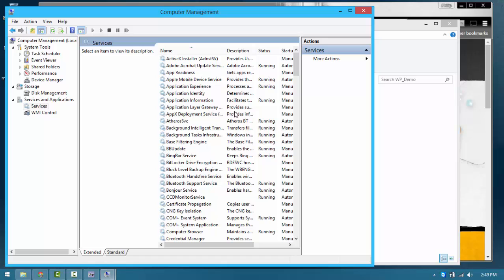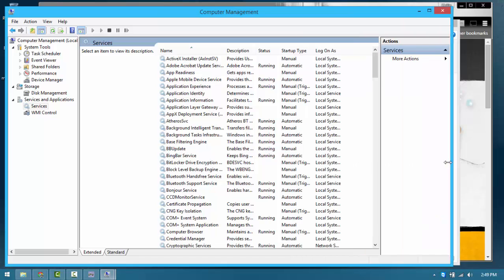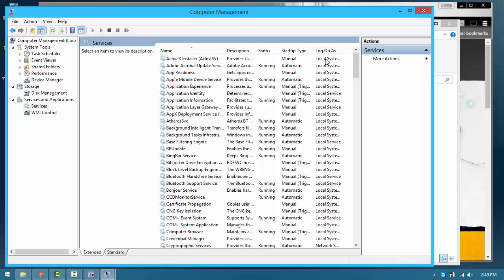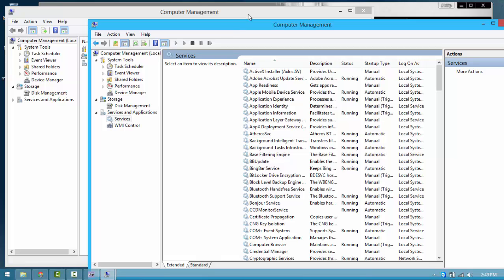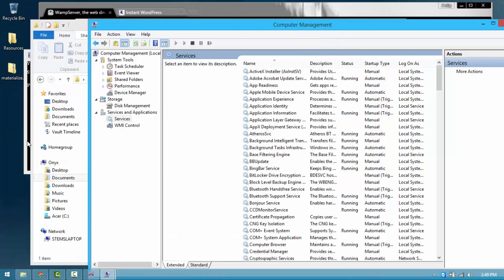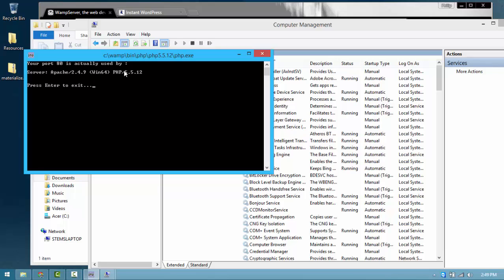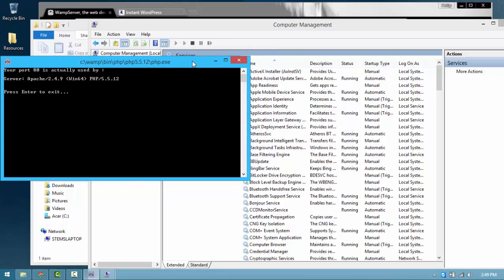Now, with your services, you can actually see what's running on your local host. You can actually change all this, you could change the status of everything in here to be disabled, manual, what have you. Now, the problem with that being, obviously, things can totally screw up your machine, and so forth. So, when I was first troubleshooting this particular type of problem,